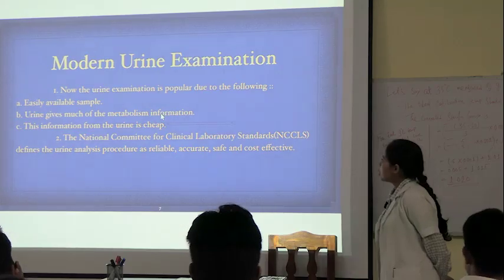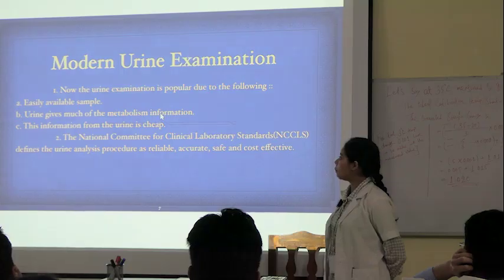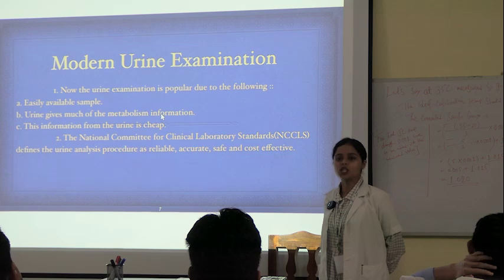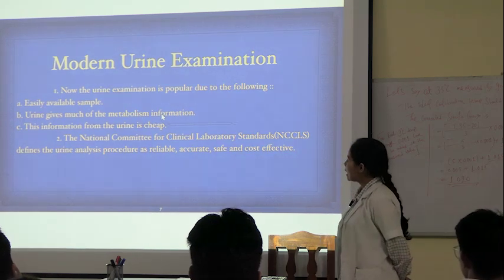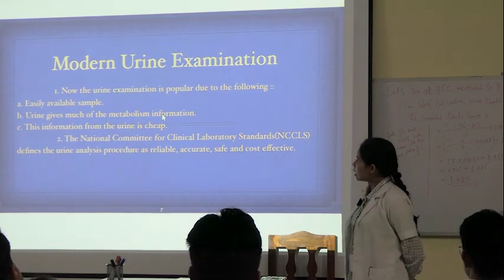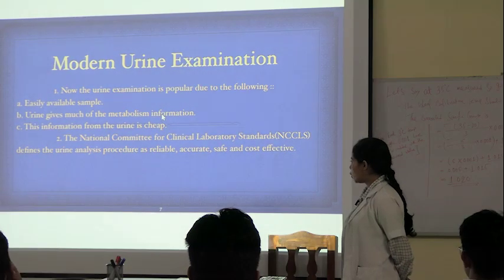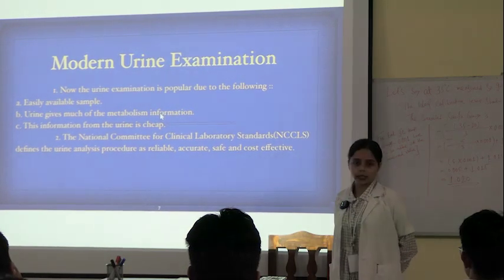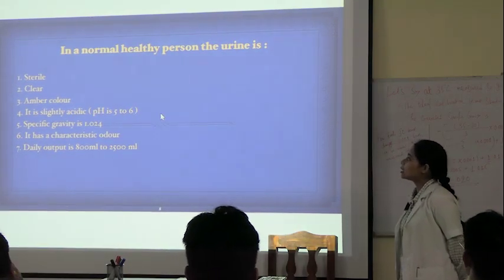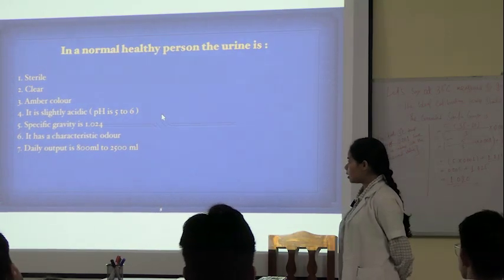The modern urine examination is popular due to easily available sample. Urine gives much of the metabolism information, and this information from the urine is cheap. The National Committee for Clinical Laboratory Standards, NCCLS, defines the urine analysis procedure as reliable, accurate, safe and cost efficient. Now, in a normal healthy person, the urine is sterile, clear, amber color, it is slightly acidic, pH is 5